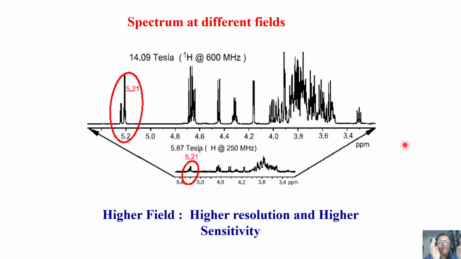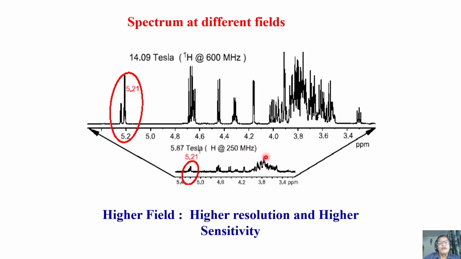So this is where the importance of the magnetic fields comes in, how the spectrum comes, how to make the analysis. You have to make a judgment before making the analysis. Look at this one. This is a spectrum of a molecule, some molecule recorded at 250 megahertz. See the importance. I explained to you what happens as you increase the field, how the spectrum dispersion takes place. If I give you the spectrum and ask you to analyze, how will you do it? Look at it. There is no resolution. Signal to noise ratio is very, very poor. So we will not be able to analyze this type of spectrum very easily at this frequency.